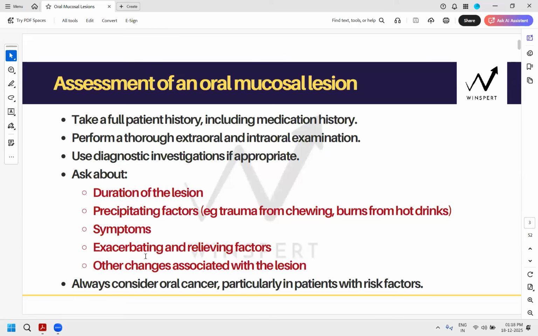Can you write it down? Put it in your notes. Any oral ulcer lasting more than 2 weeks is a red flag. Now, whenever you see an oral lesion question in the exam, your immediate senses should work on, let's find out if there are any red flags. Because the moment you find any red flags, your answer for the management immediately changes to referral instead of managing yourself. Does that help? Does that make sense? That is your immediate answer to management questions, you know?